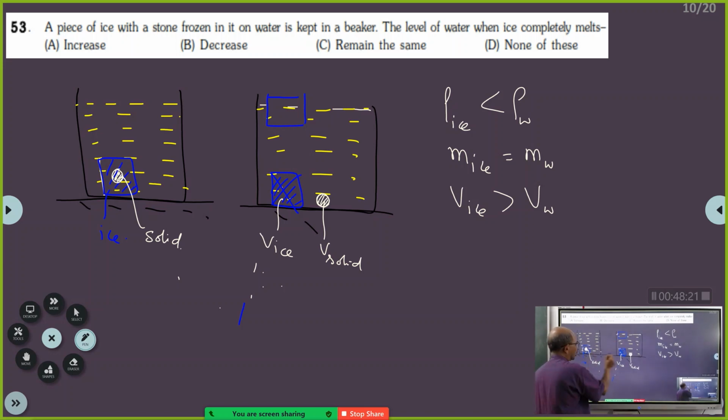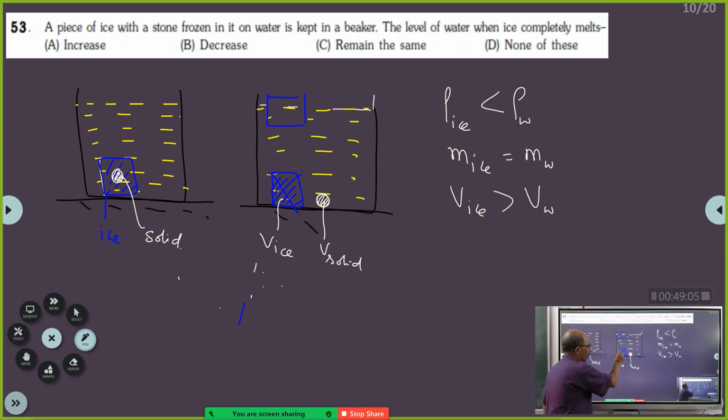Therefore, now in this situation, what has happened? This solid body was inside the ice, and ice had gone inside the water. See, what you have studied in theory is, if the ice is floating on the water and it melts, then the level of water will not change. That is what you have studied in the theory, correct? But if it was floating, now that you have pushed it inside the water, now the situation is slightly different. So that means now this body had occupied the volume corresponding to this,